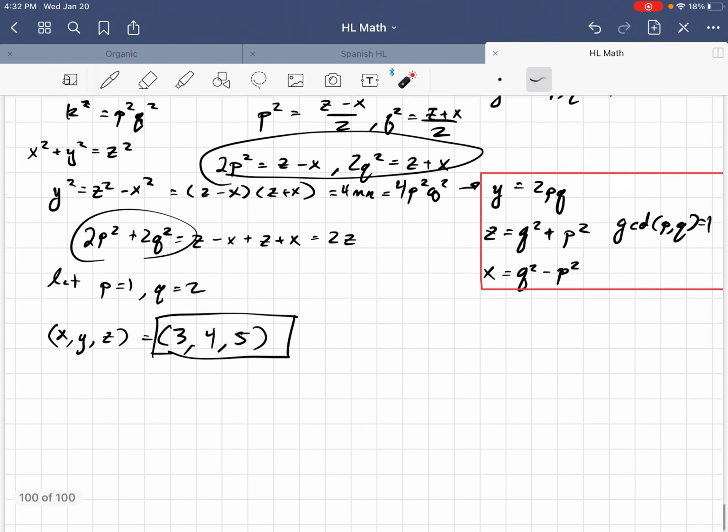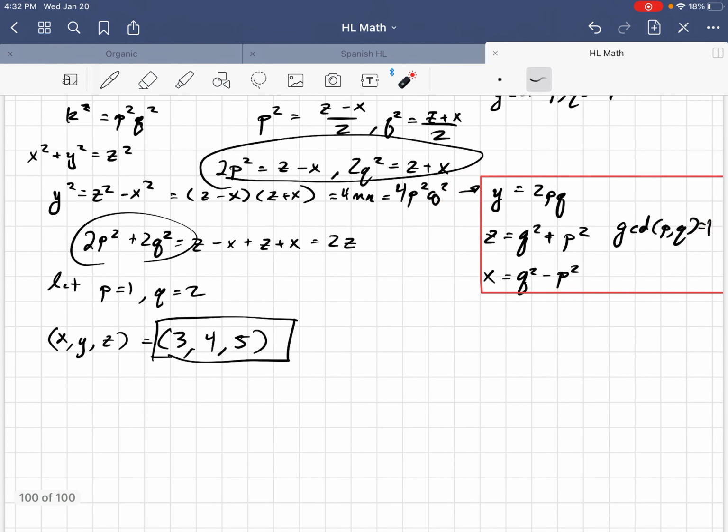And so in this way, we can generate every possible Pythagorean triple just based on elementary addition, subtraction, and multiplication of any two relatively prime natural numbers. So with that being said, I think